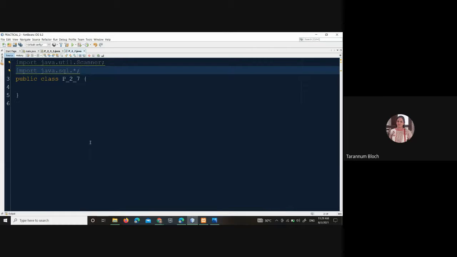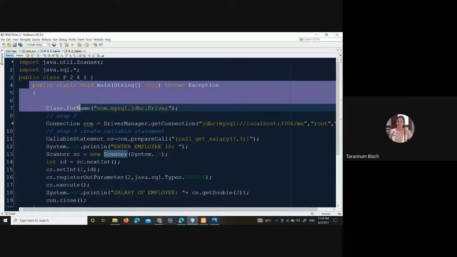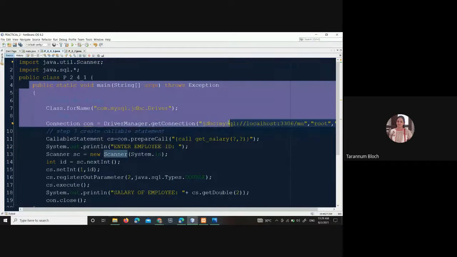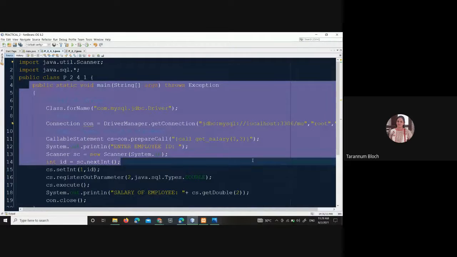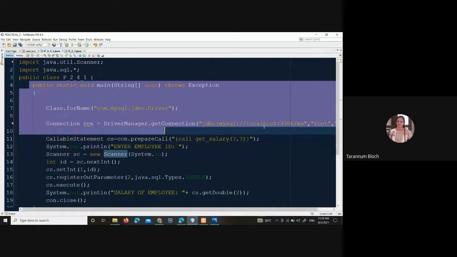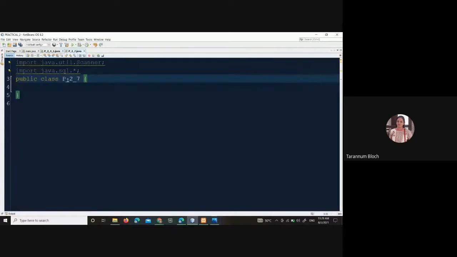Go to that program again, take a main method as well, the first 2 lines, up till the connection. Everyone do this. Take the first 2 lines of the main method.